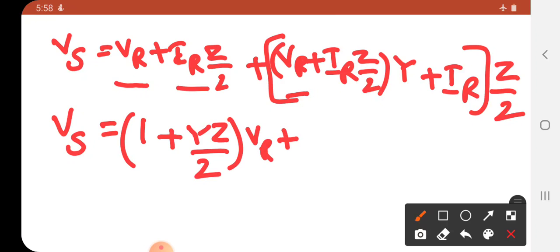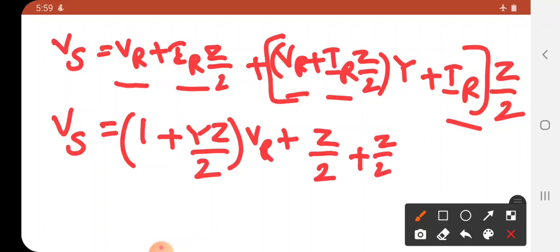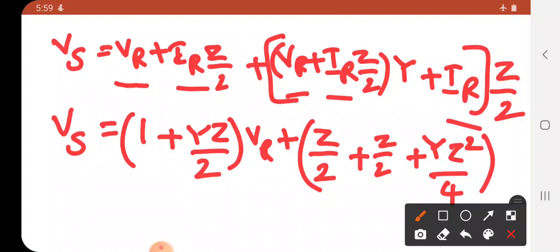Here IR Z by 2 plus Z by 2, this is Z only. Let me write Z by 2 plus Z by 2 plus YZ square by 4 into IR,